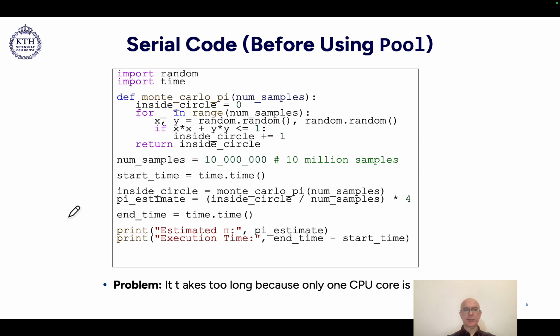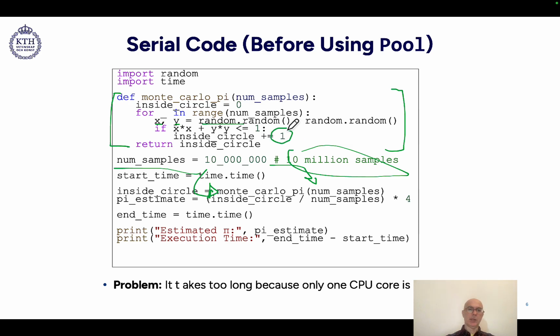So we define first how many points we want to randomly take. In this case, we take 10 million samples. Then we call our function, called Monte Carlo pi, giving as an argument how many samples we want to have. Then we have this serial task at the moment that basically is taking x and y using a random distribution,